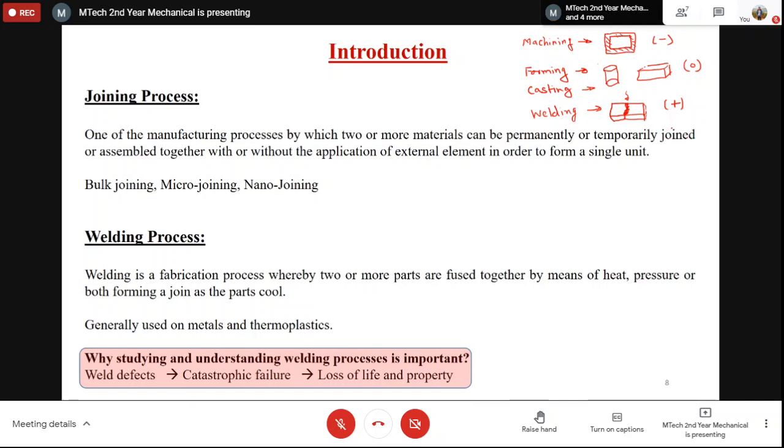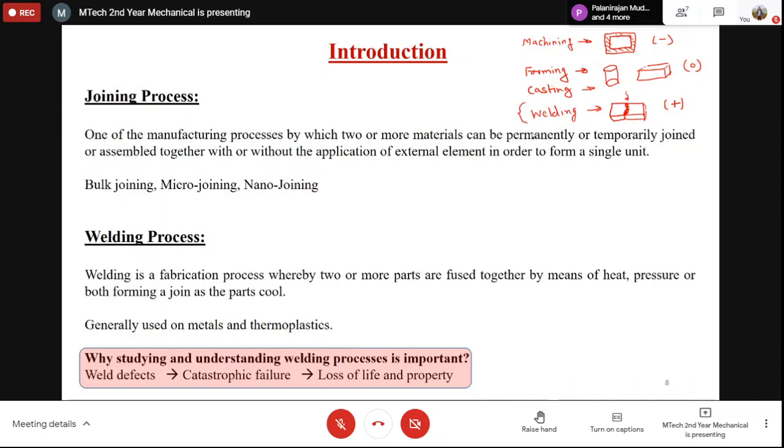We are adding something. Nowadays we are improving some of the welding technology in such a way that we can build up structures. That is known as additive manufacturing, also one of the types of additive manufacturing. In this regard, it is a special technique which is only a positive volume change technology.